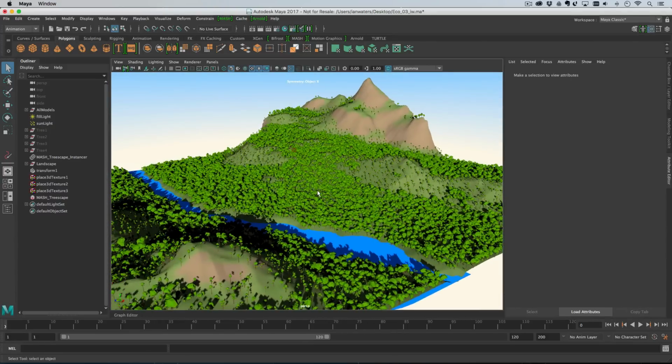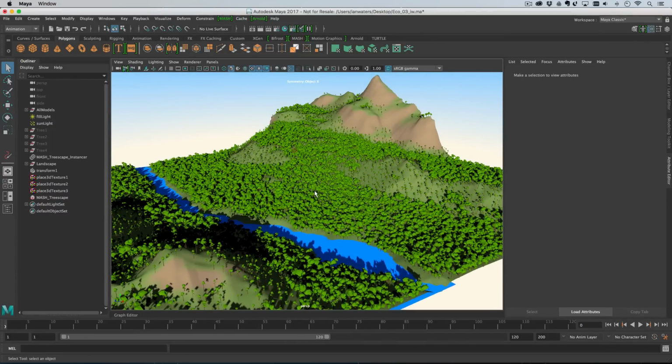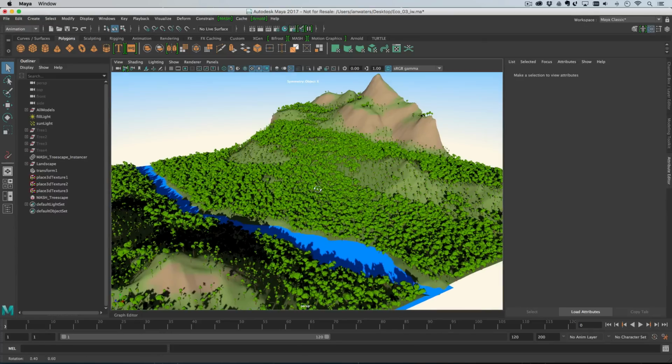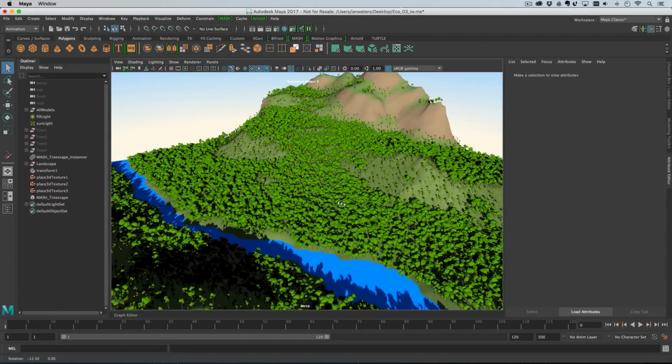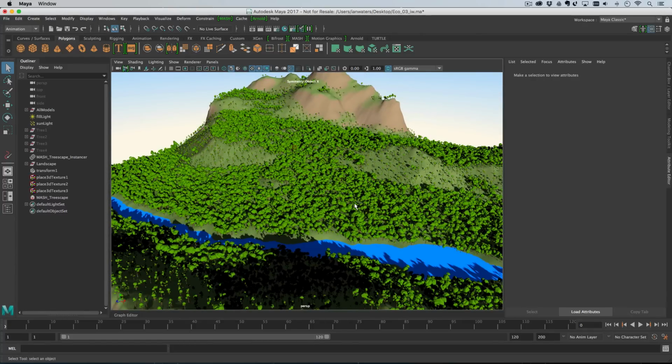And this is extremely quick to set up. And you have lots of control over it, and we can set up different tree types with genotypes if you want to. So there's kind of layers of complexity to this that you can use if you want to, or if you just want a nice looking natural distribution, then you don't need to use these extra layers